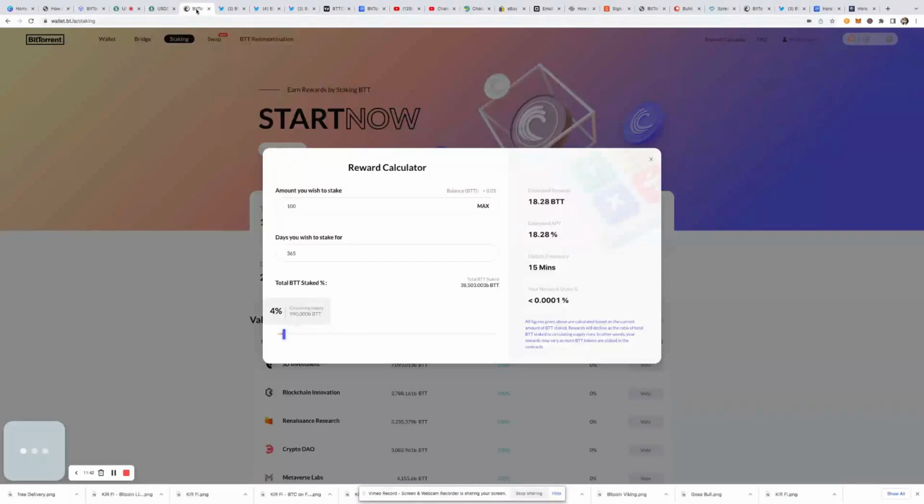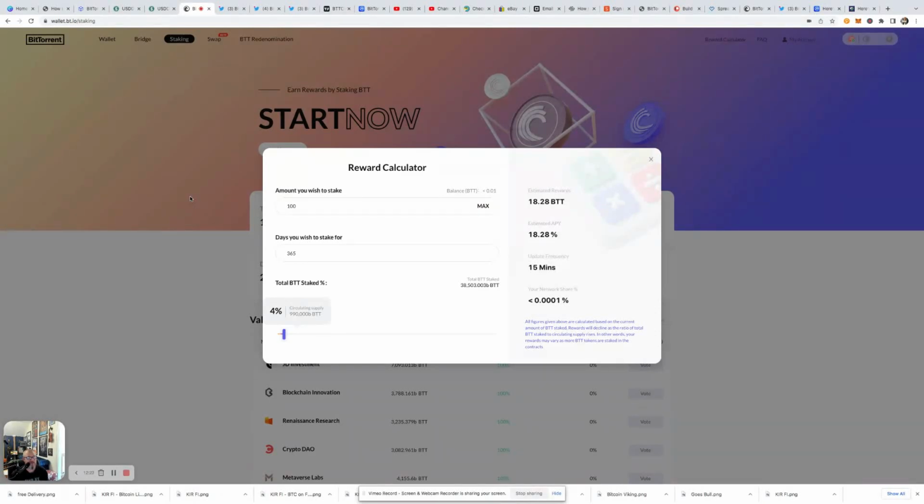So I wanted to show you this. So this is the current staking rewards for BTT. If you wanted to stake it, I've posted videos on this before, and I'm not sure everybody understood this. So let me just go ahead and repeat it now. If you're buying it somewhere where you can't transfer it, then there's not really a point, okay? So you need to be picking this up from an exchange where you can then transfer it to your TronLink wallet. You're going to need BTT and you're going to need TRX in order to do that, to pay the gas fees. That particular BTT is on the Tron blockchain.